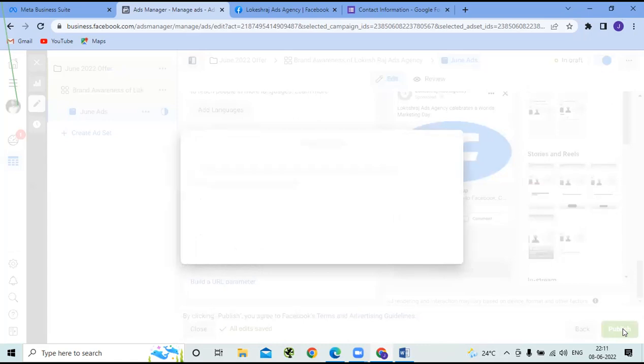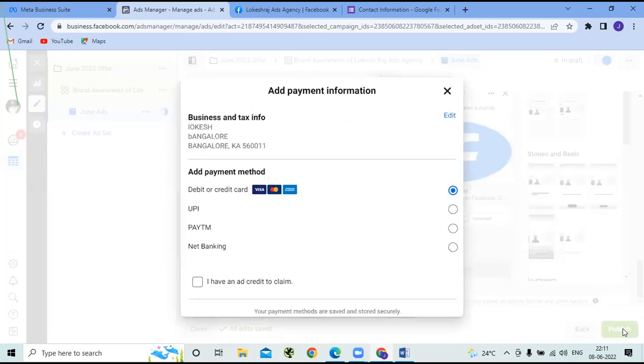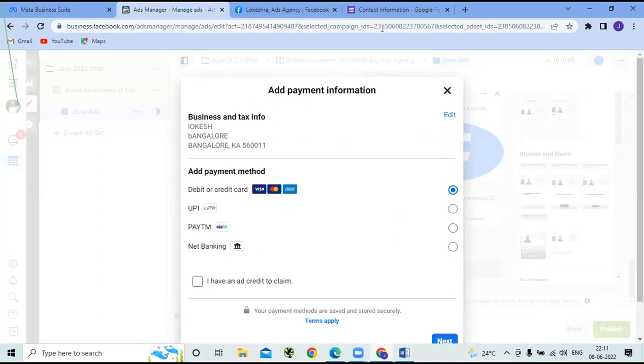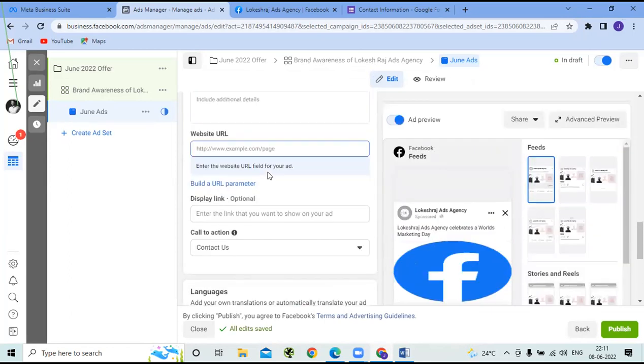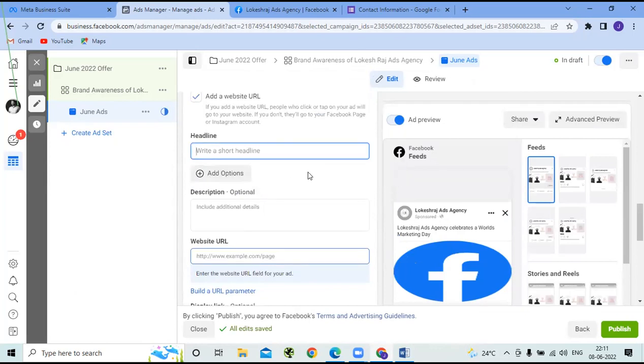सर वापस एक सवाल, सर ये प्राइमरी टेक्स्ट के नीचे हेडलाइन और डिस्क्रिप्शन है, उसमें और क्या डाल सकते हैं? हाँ सर, यहाँ पे आप जो कुछ भी, आपके इमेज के नीचे जो दिख रहा है ना, वही आपको वहां पे हेडलाइन और डिस्क्रिप्शन दिखाई देगा सर। सो फॉर एग्जाम्पल, ओके, समझ गया सर, दिख रहा है। हेडलाइन में तो कंपनी का नाम ही आएगा, मतलब अगर हम कुछ नहीं कर रहे हैं तो कंपनी का नाम आ रहा है। हाँ सर, आप चाहे तो उसमें और चेंज कर भी सकते हैं, ऐड ऑप्शन है।